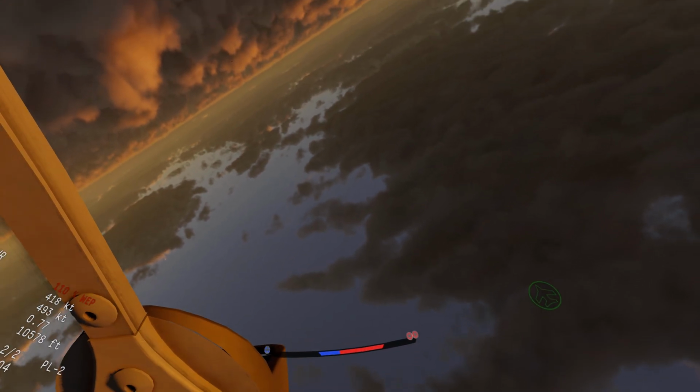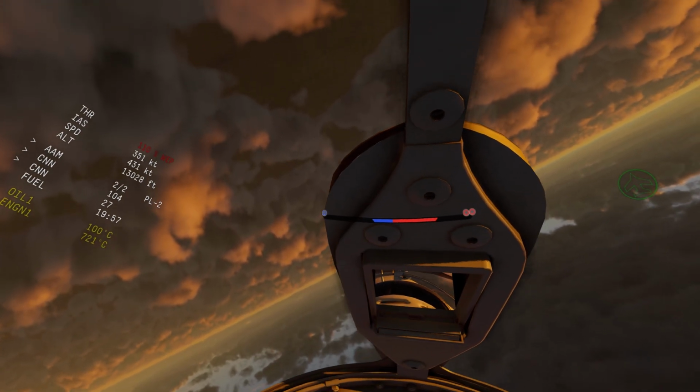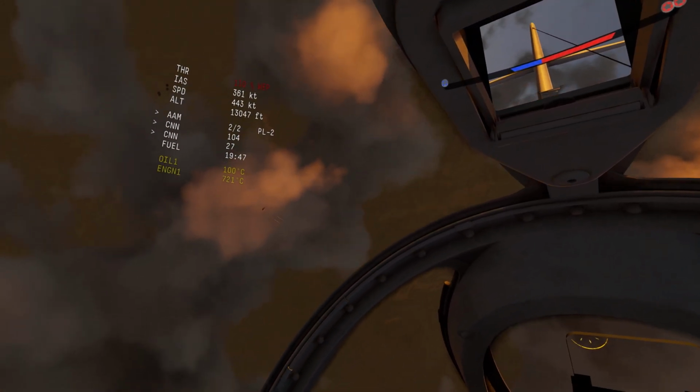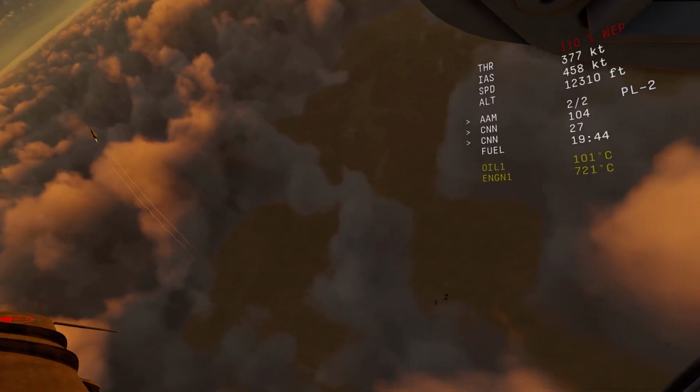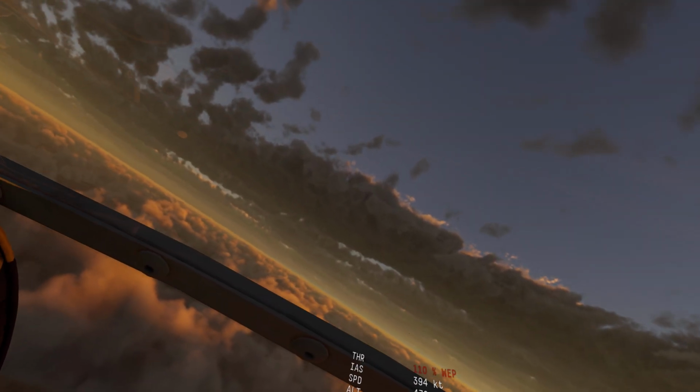As I pull up and over, I spot something off my nose, and as we get closer, it's actually a Kfir. And the Kfir is also something that's being developed for DCS. It's an Israeli modification of the Mirage 3. I think it will make quite an interesting addition to the game, but this fight that we're seeing unfold could